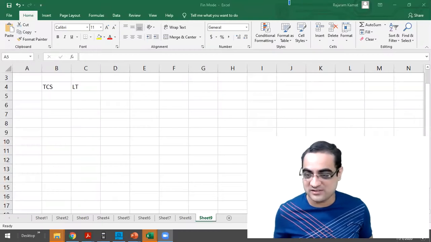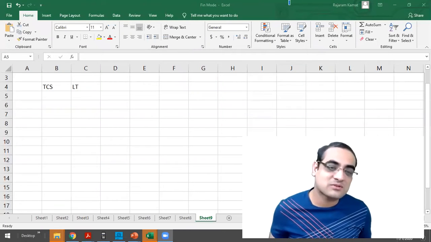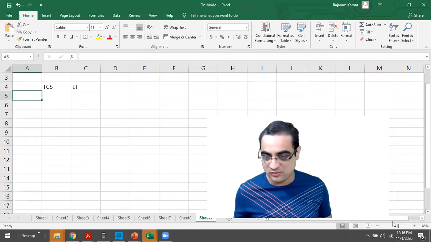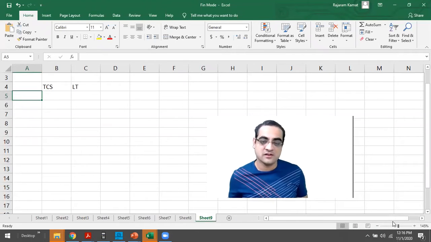So let's start. I will start with the 2 assets. Let's say those assets, I'm going to take it as TCS and L&T. Okay, I didn't share the screen. I'm so sorry. I don't know why I'm being so bad today with the operation. Okay, fine. So TCS and L&T. Now you can see the screen. Let me reduce my view over here. Okay, that's fine.